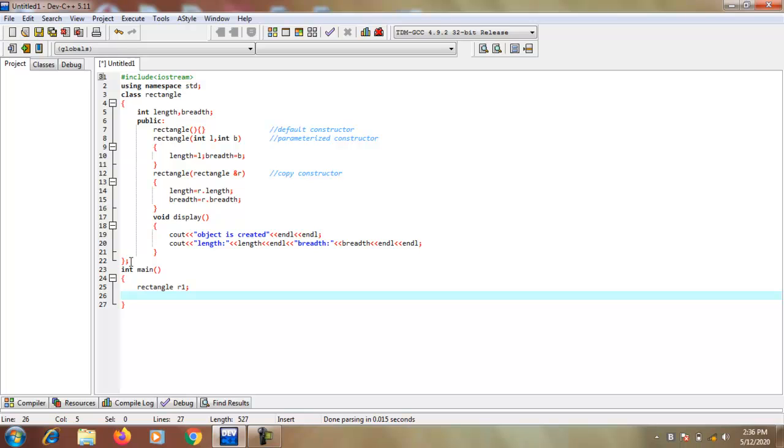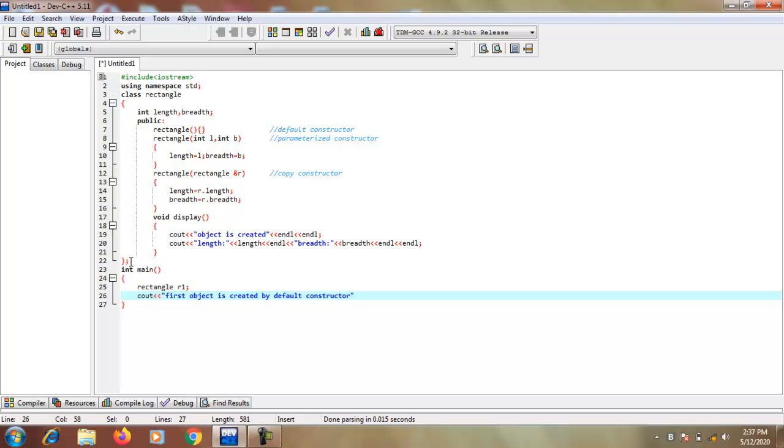Then I write something: first object is created by default constructor.